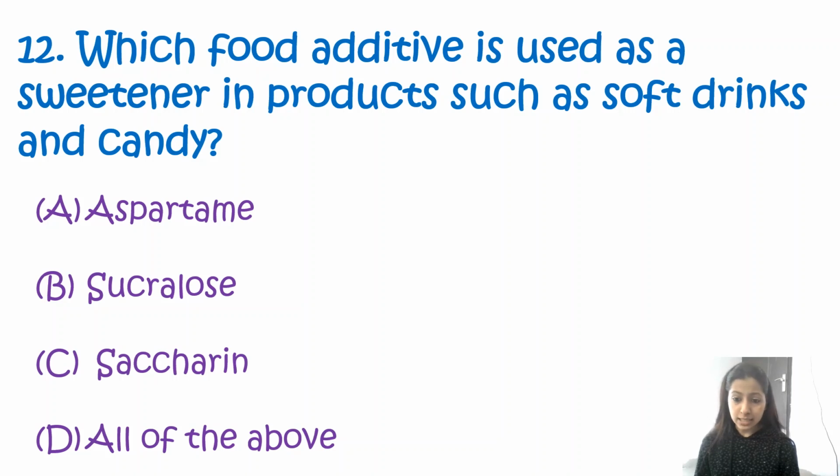So, aspartame, sucralose, saccharins. These all are the artificial sweeteners that are commonly used in the food products as sugar substitutes. Aspartame is actually a methyl ester of a dipeptide derived from aspartic acid and phenylalanine amino acids. So this aspartame is 200 times sweeter than the sucrose, whereas sucralose is chlorinated sucrose derived, which is 600 times sweeter than the sucrose, whereas the saccharins are 300 to 400 times